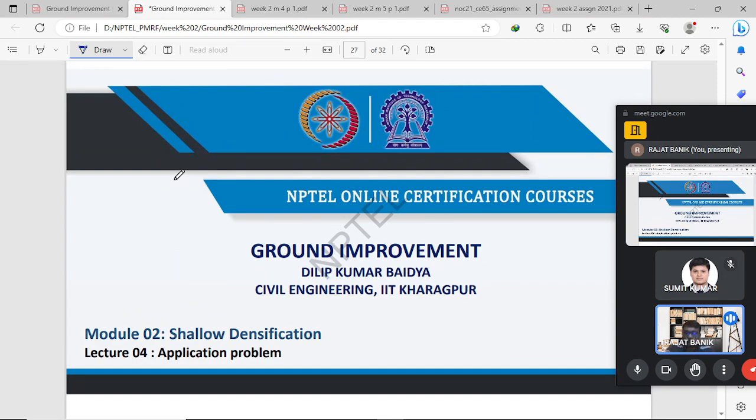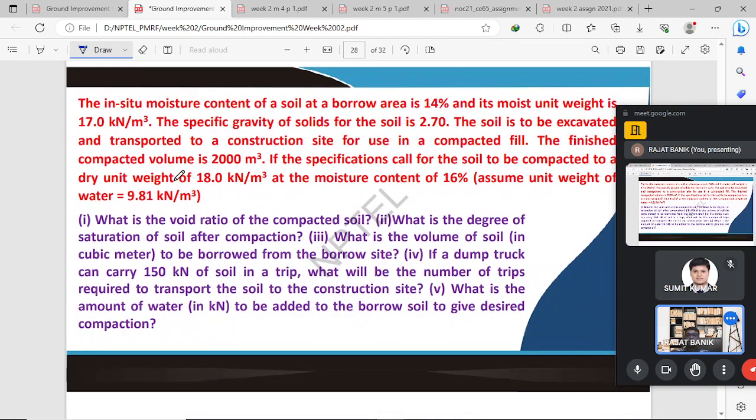Now we come to lecture 4 of module 2. Here we solve, or try to solve, two or three problems in this module. First problem, it is said that